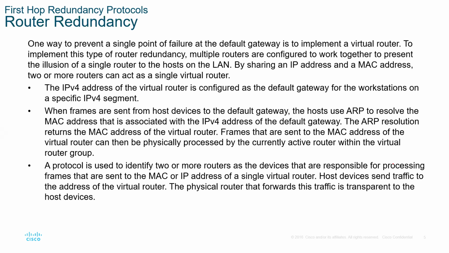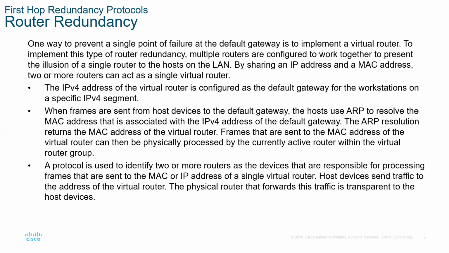To implement this, multiple routers are configured to work together to present an illusion of a single router. So the illusion here is being presented by the virtual IP. So what the hosts see is the virtual IP and the virtual MAC address. So even if there are changes within the group, if one router fails, another takes over, the host doesn't see that. To the host, everything is transparent. It does not see any changes that are happening within